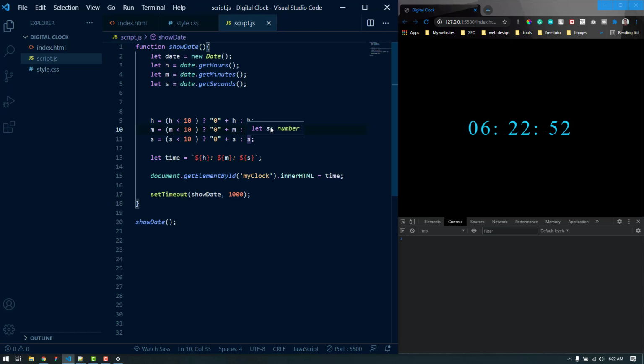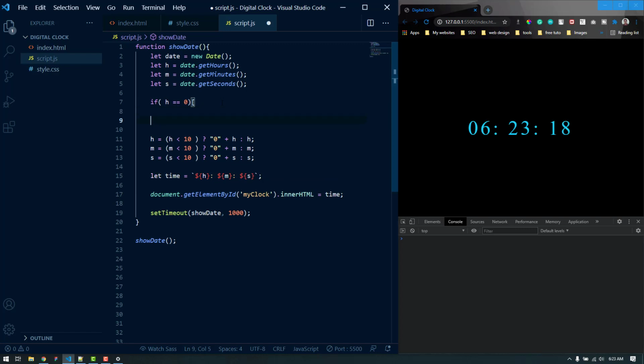That's why we can use another variable for displaying the AM or PM. I'm just going to only display the PM here, but if you want you can also display the AM if you want. So how we can do that? We are going to use an if statement. If the hour is equal to 0, and in the 12 hours clock, sorry, it will be the curly bracket, in 24 hours clock when the hour is 0, that means in 12 hours clock the hour is actually 12.